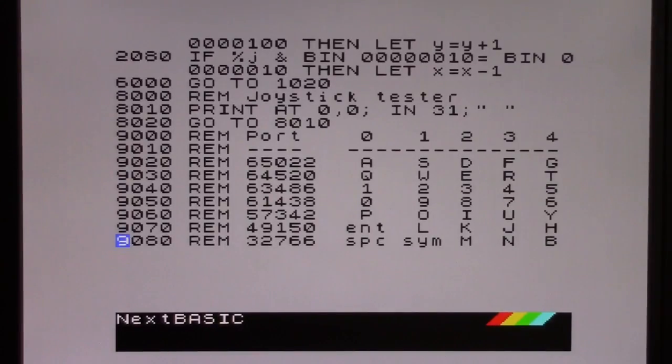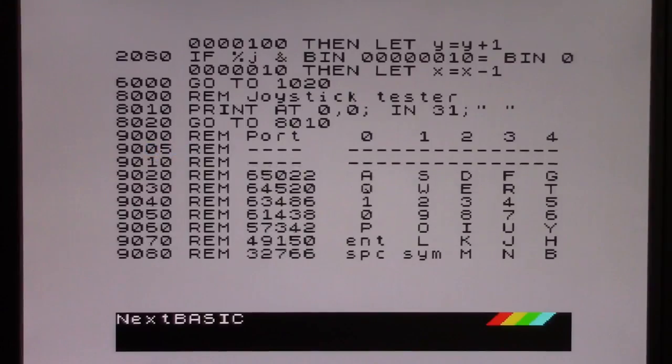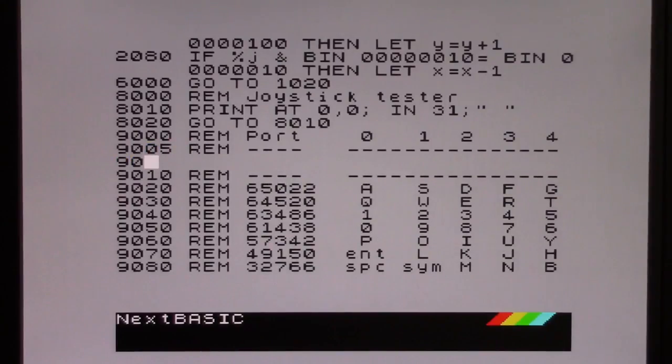Have I lost a line? I have. I've done a silly thing, as I typically do. Right. I better put it in for you. So, good job I spotted that. 65278. That's normal cap shift